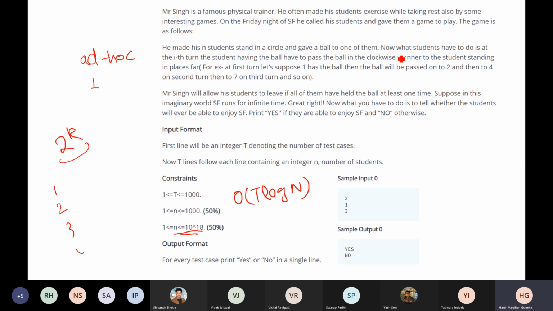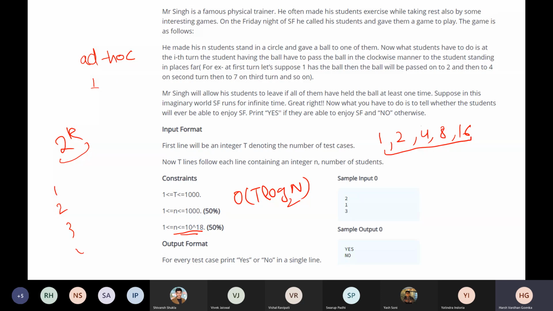By running that brute force solution, you come to know that it gives yes for 1. You don't need to do it manually. You get to know that it gives yes for 1, 2, 4, 8, 16. By observing the initial pattern, you can see it is a power of 2. So without proving anything, you can just submit by solving for n up to 1000, or even up to 180. You come to know that it is a series of powers of 2, so you can just check whether it is a power of 2 or not. That takes log n to the base 2 time.